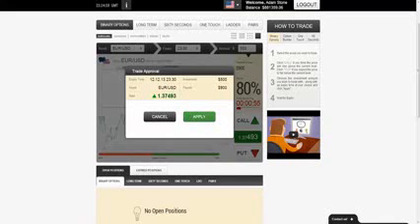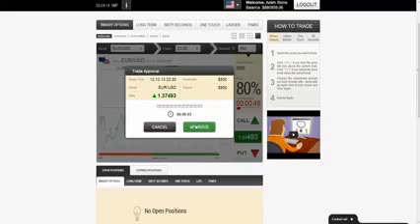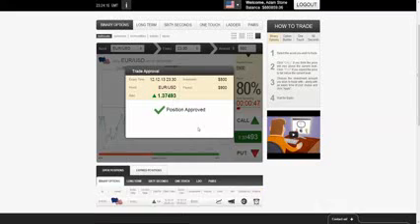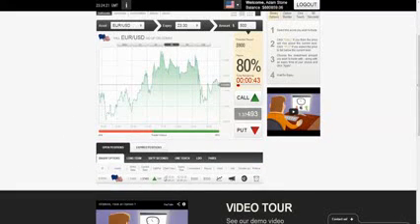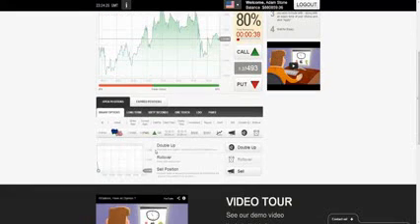I can see the price 137.493, and that changes obviously depending on the price of the asset at the time. I'll press apply. I've got 3 seconds to approve. I'm happy with that price, so I'll take it, and I can see the position is approved and it's open down here. At this stage, if I wanted to, I could click the chart and I can see different features that